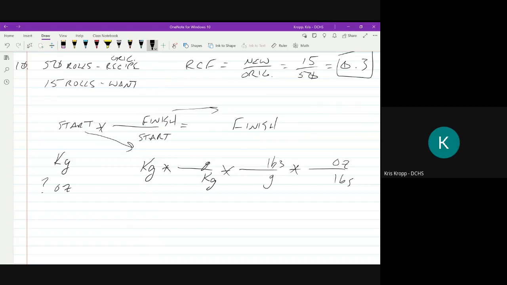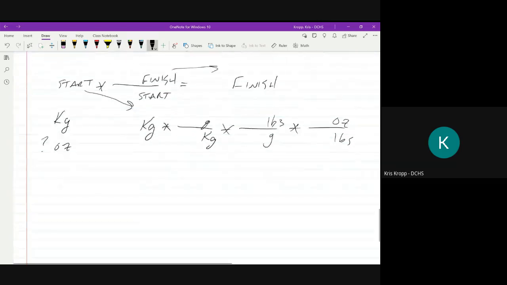Okay, and again, the numbers are on your cards. You can put them in. There's 1,000 grams in a kilogram. There's 454 grams in a pound, and there's 16 ounces in a pound. But those are all on your cards. You'll have them to look at. Okay, so make sure you know how to use those conversion factors to get from one unit of measure into